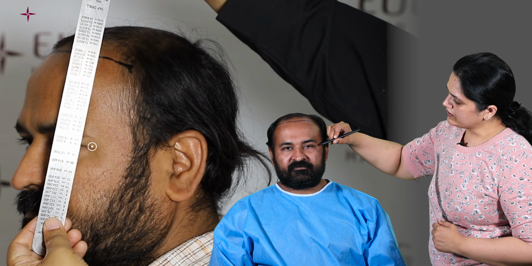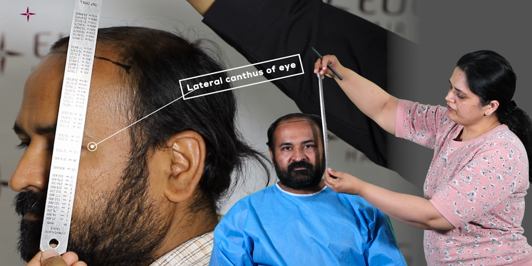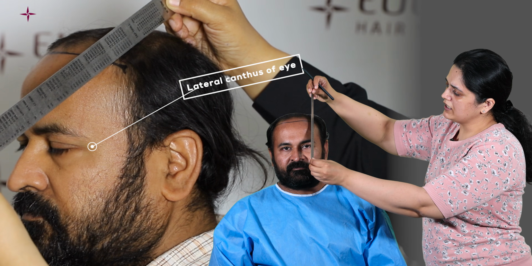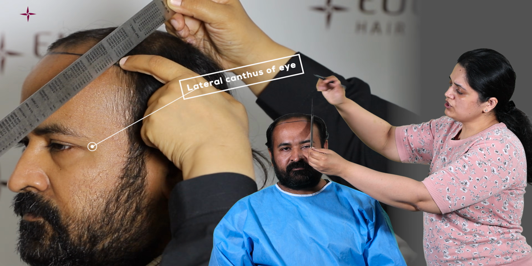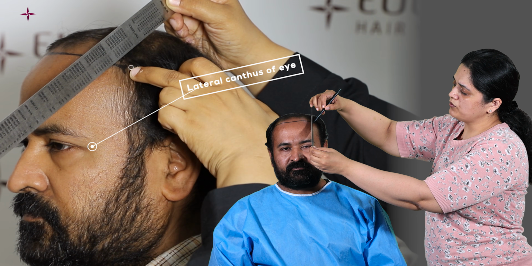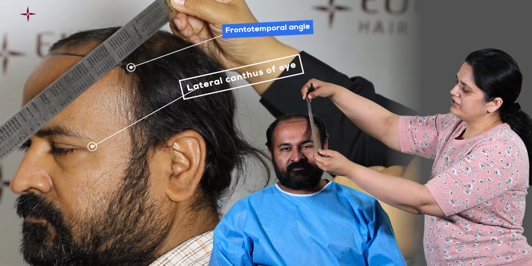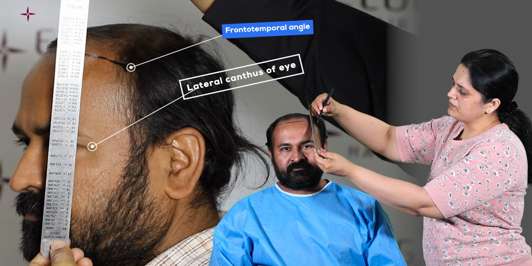Now, how to determine the desired position? This is called the lateral canthus of the eye. If we take a plane passing along the lateral canthus of the eye, it should meet the hairline somewhere here. So this should be the exact point of the frontotemporal angle. The frontotemporal angle should lie in this plane, whereas in the current scenario it is lying much lateral to